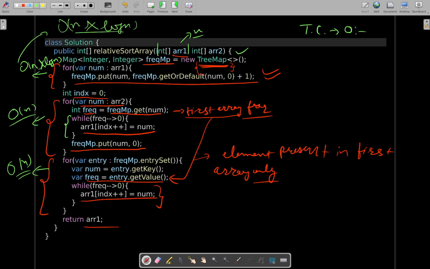because of the use of sorting with the help of the tree map. Okay, so this will be the time complexity, order of n log n, where n is the size of the first array. Space complexity wise, let's say all the entries are occurring only once, then it will be order of n because of the use of this tree map. Okay, so these will be the complexities,